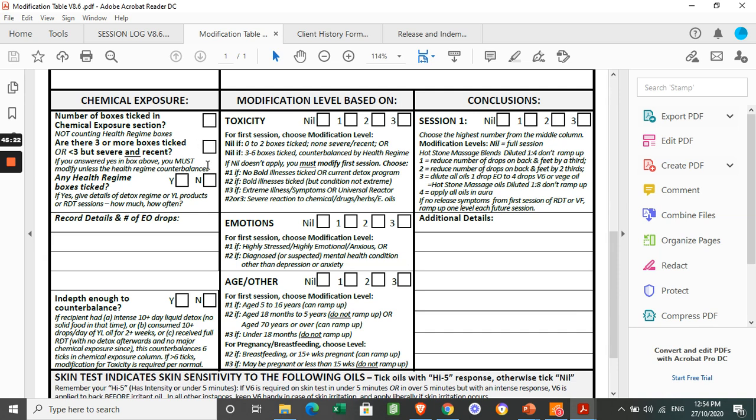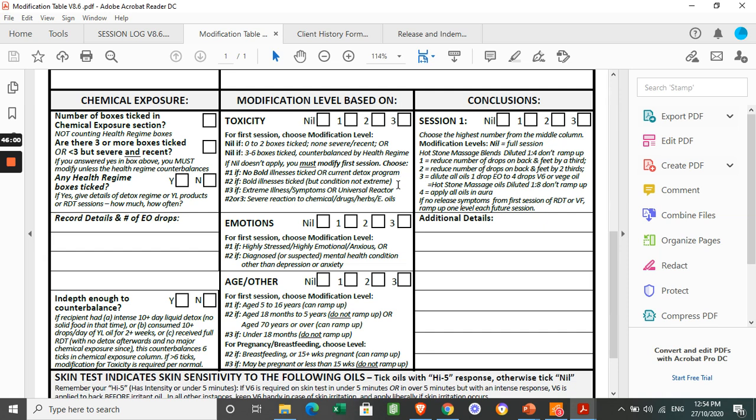Okay, well, she had 3 boxes, so nil doesn't apply. You must modify the first session. So then we're going to choose from this, 1, 2, or 3. If no bold illnesses are ticked, or there's a current detox program, we'd do a level 1. But remember, I pointed out to you before that arthritis is a bold illness. So if a bold illness is ticked, but the condition's not extreme, then we do a level 2. So in this situation, Amanda Jones, having those 3 ticks marked, would be a level 2 because arthritis